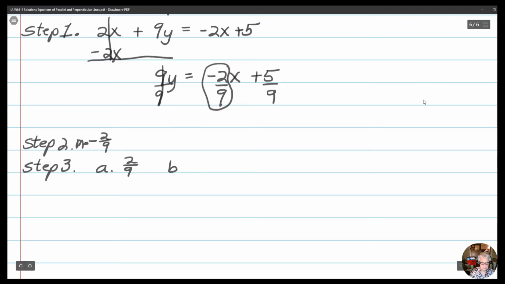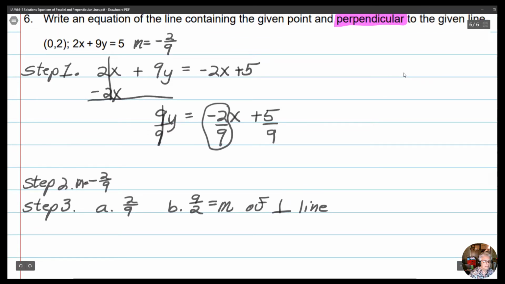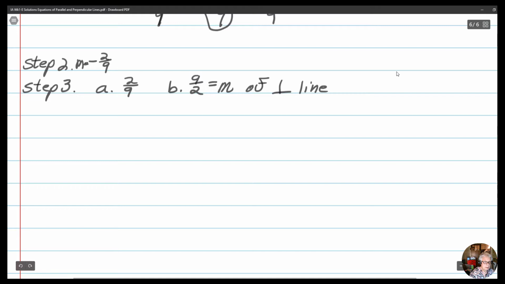B, 9/2. Okay, here we changed the sign, and here I took the reciprocal. There. Okay, now, (0, 2). Step 4,